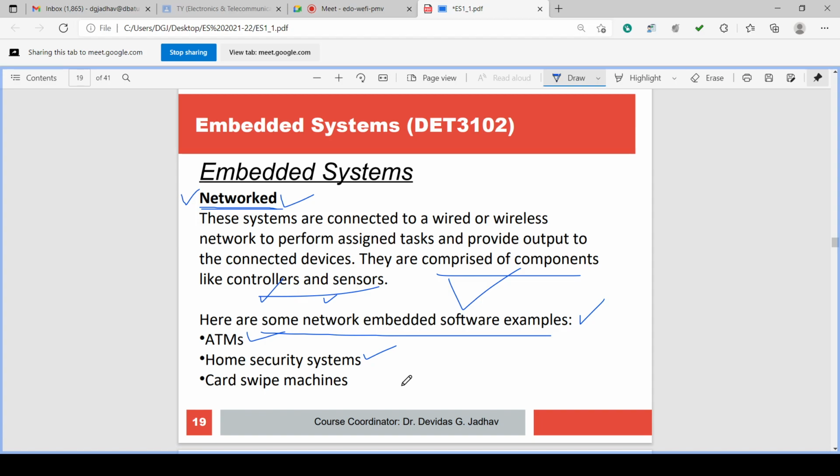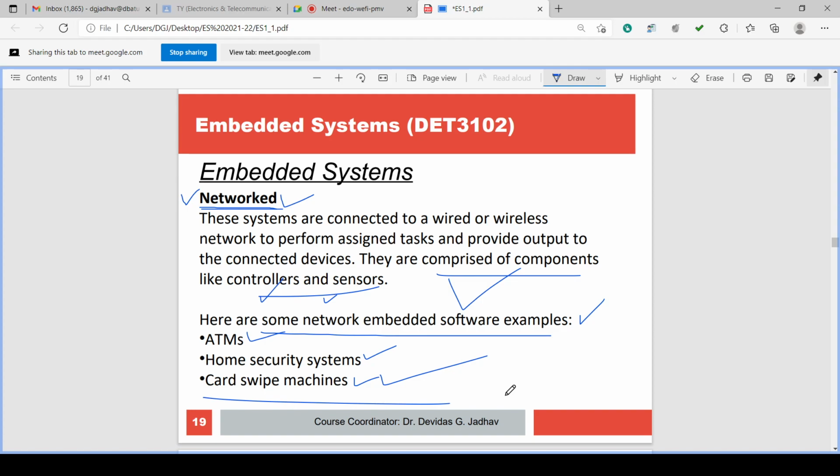Then card swipe machines are there. As we know, the student card swipe machine may be there, or in railway stations the card swiping machines are there. Metro stations have card swiping machines. In industries or establishments, offices, the card swipe machines are there. You have to swipe the card and enter so that your attendance will be marked for your payment in the industry, in the establishment, in your jobs, isn't it? Services. The card swipe machines are there.